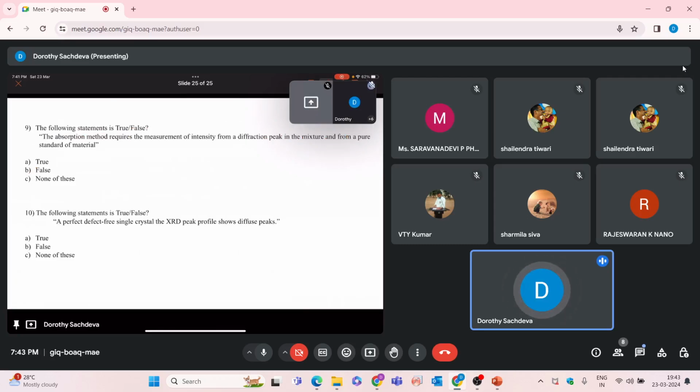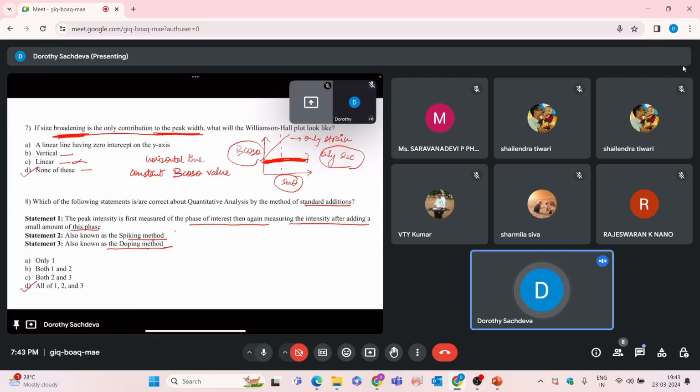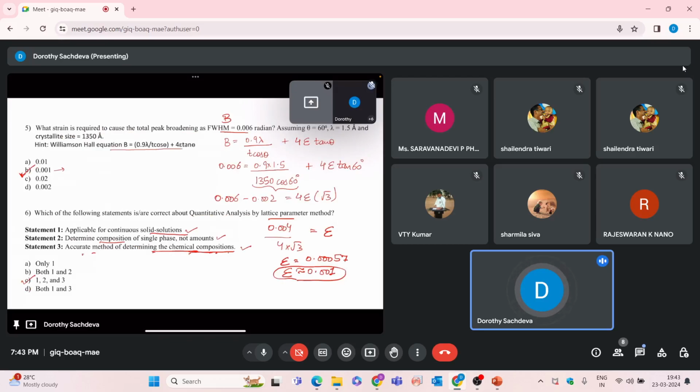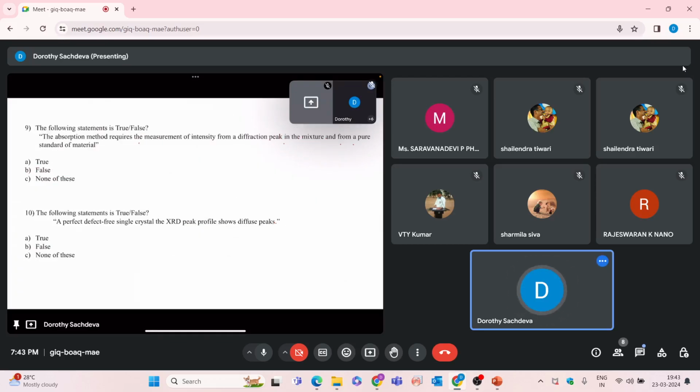The question number 9 says the following statement is true or false. The absorption method requires the measurement of intensity from a diffraction peak in the mixture and from a pure standard material. Absorption method. This one was the standard method. Last one was the lattice parameter. So this question says the absorption method requires the measurement of intensity from a diffraction peak in the mixture and from a pure standard of a material. This statement is completely true for